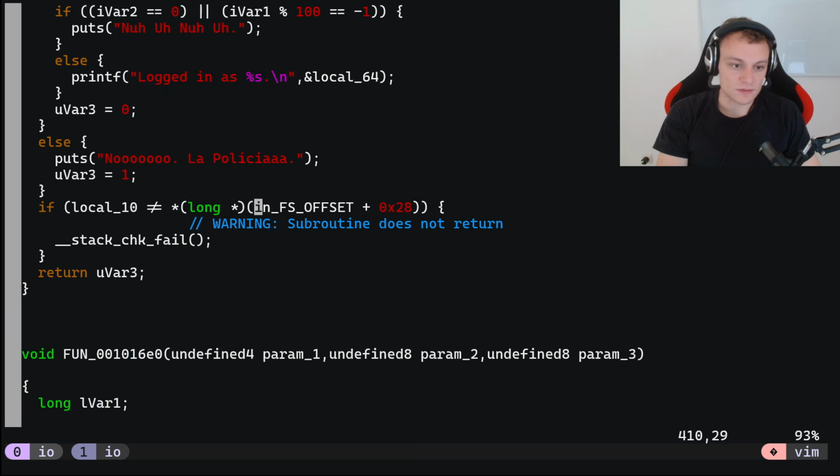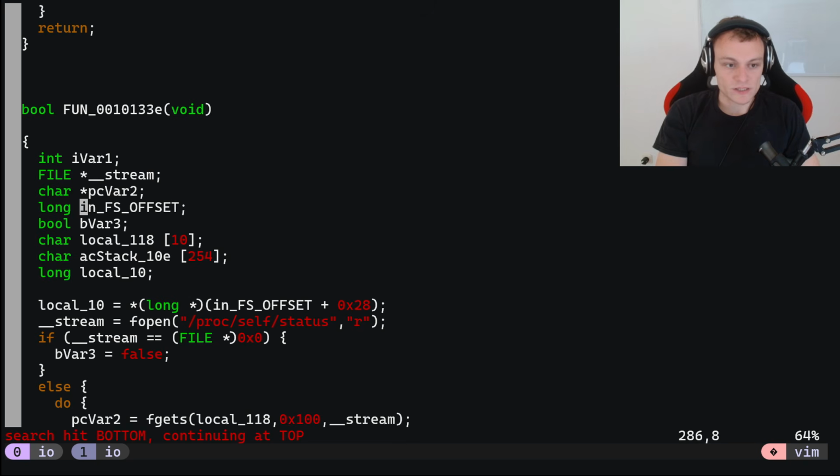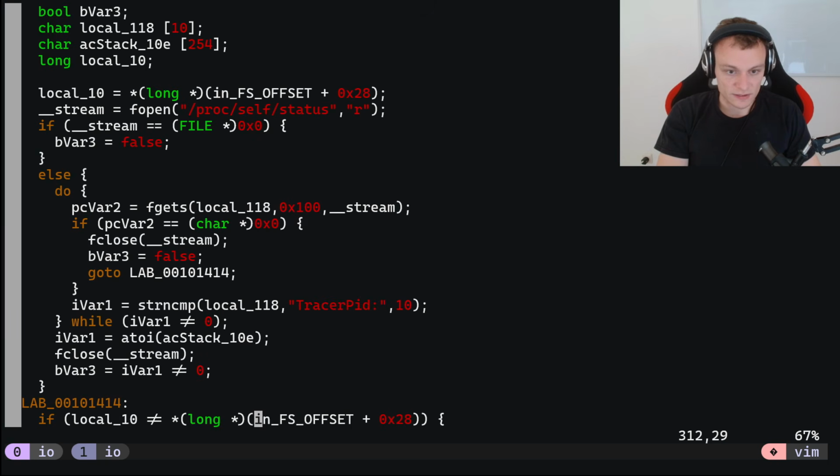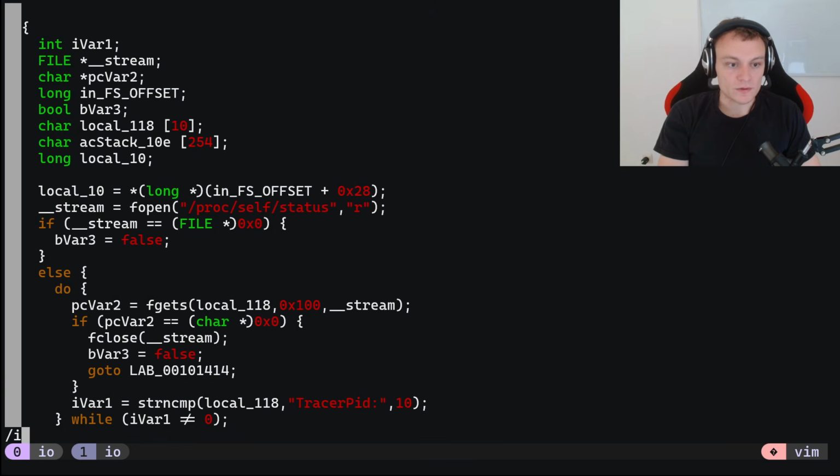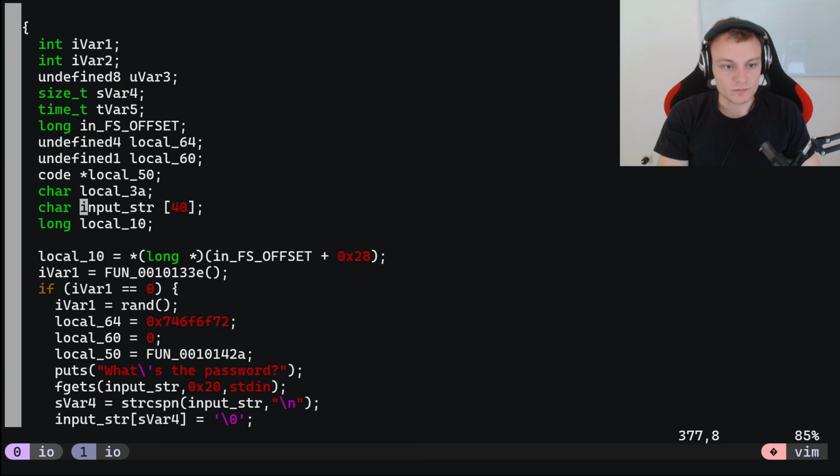It's in every method. So this is probably a base pointer for the function's stack, I would assume. So where's my input buffer? Here it is. After that, we have this local 10, and it's the value at